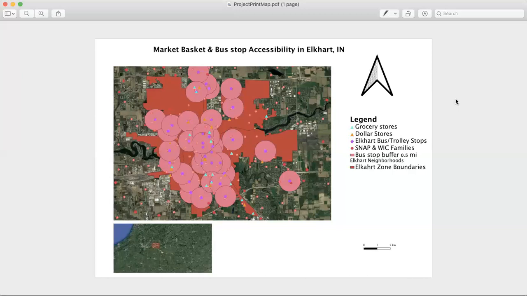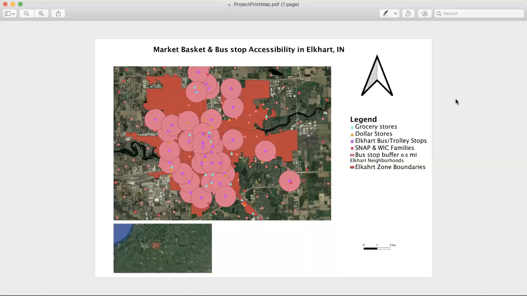And there's even multiple SNAP and WIC recipients. So that's why I thought it was a good idea to have those family addresses, just so it's a good location, say, okay, there's many people that actually do rely on the bus stop and these stores to provide them food. And as I was searching other areas in the zone boundary, I feel like they don't really need them. There's plenty of bus stops, and as I was zooming in closer and closer,